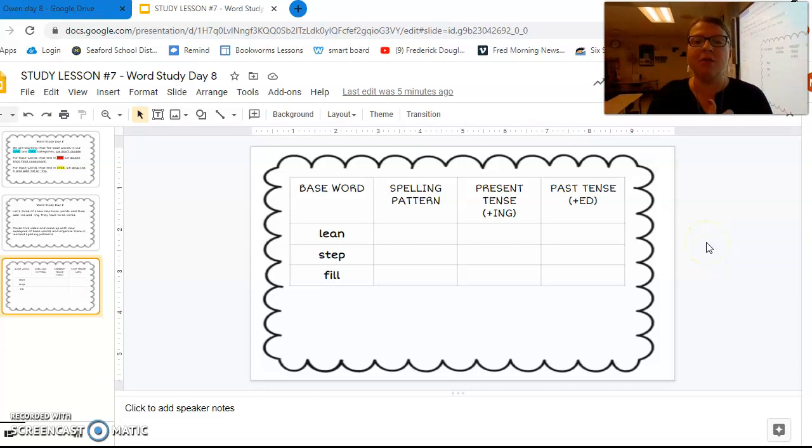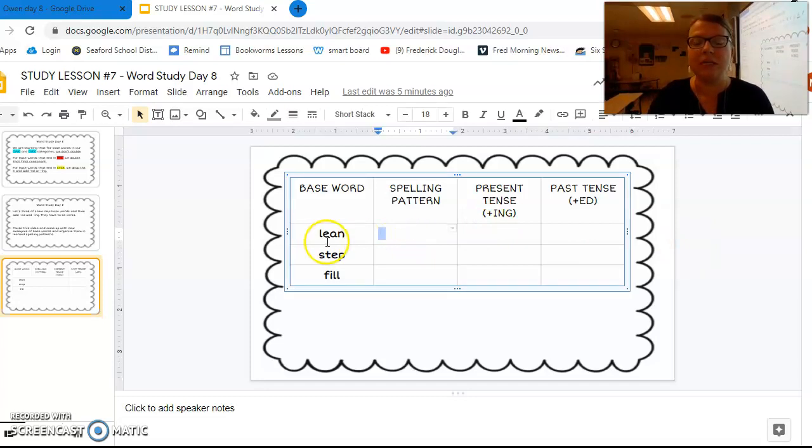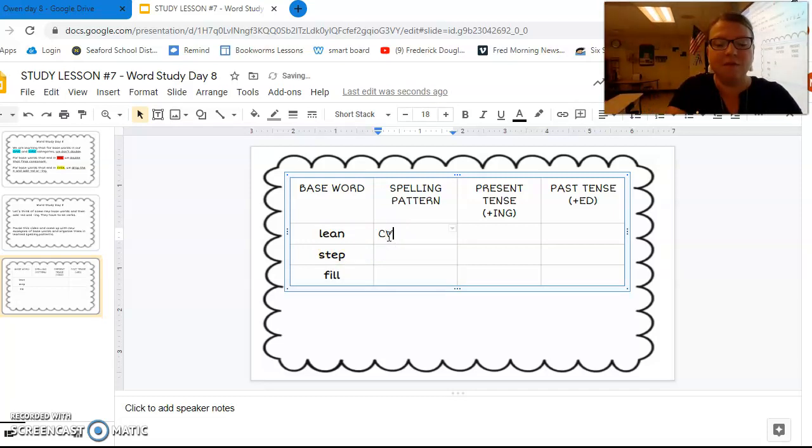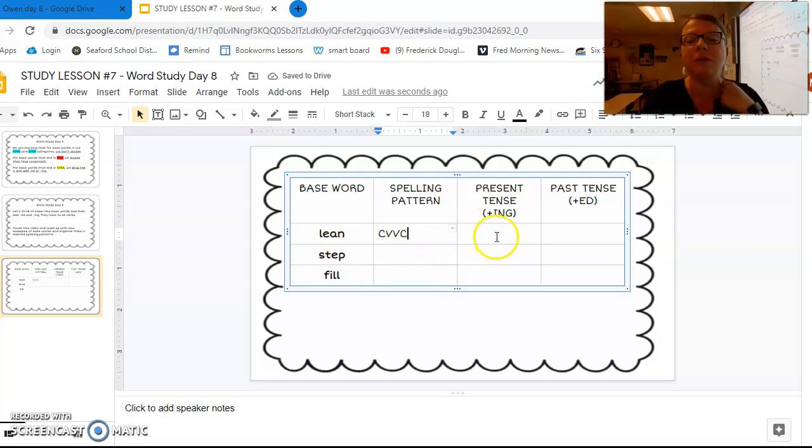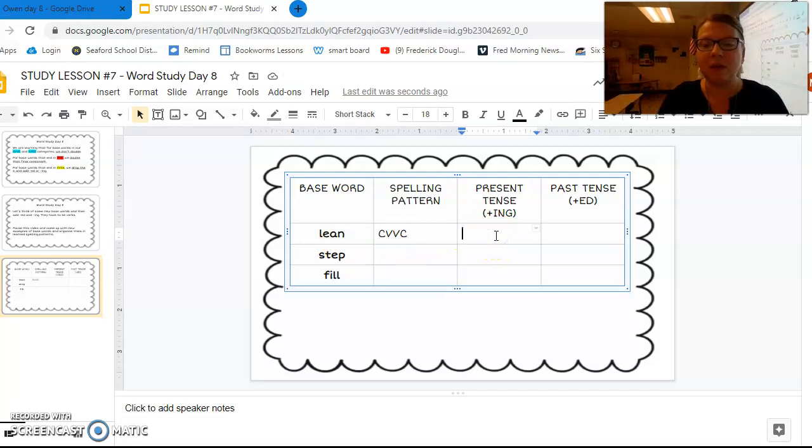Okay, here are the 3 verbs that I wrote, that I found in the chapter we read today. The first base word is lean. So I need to mark my vowels. E is a vowel and A is a vowel. So I know that this is going to be the CVVC spelling pattern. Consonant, vowel, vowel, consonant. And when I have a CVVC spelling pattern, I am just adding ing and ed without any doubling and without skipping anything. So leaning, and